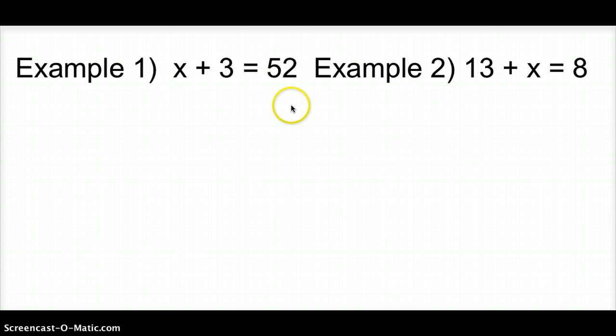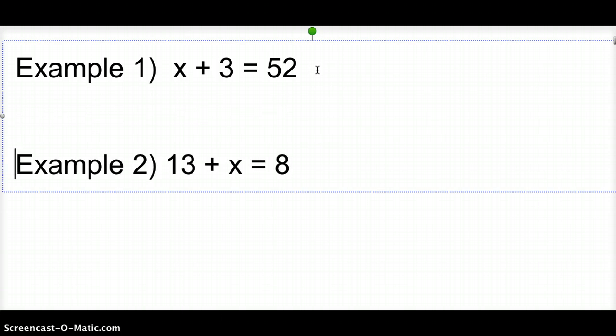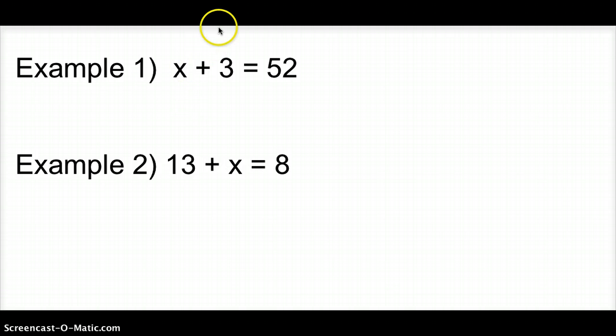So let's look at a couple examples here, and I'm just going to spread this out a little bit to make it easier. I'm going to move the second example down a little lower. So in this first one, what we're looking at is x plus 3 equals 52. So what we're going to do is use, in this case, that subtraction property. We're going to subtract 3 from both sides. Now I have a plus 3 here. I want x to be all by itself. So to get this away from here, I'm going to have to do the opposite of that. So I'm going to have a minus 3